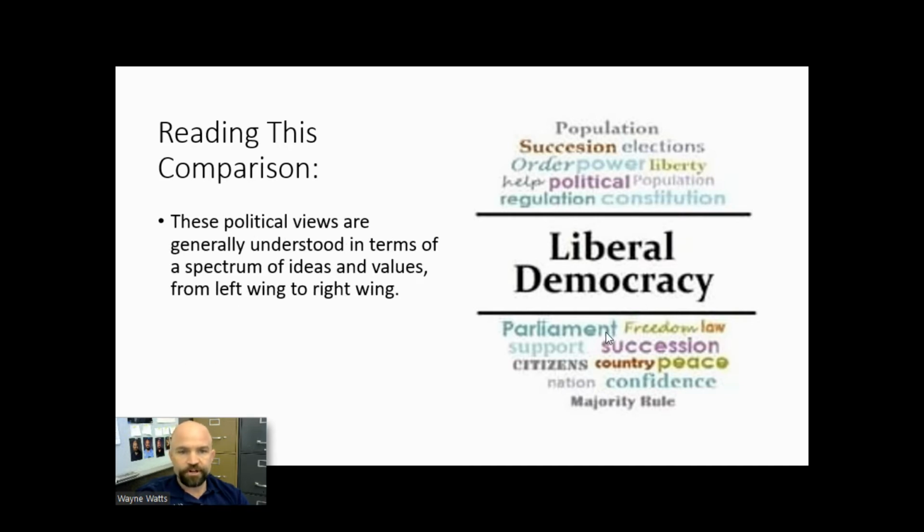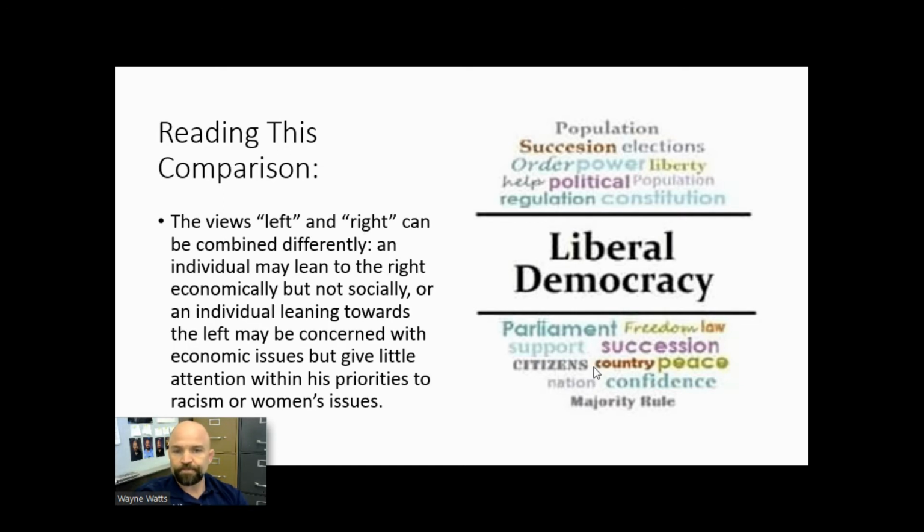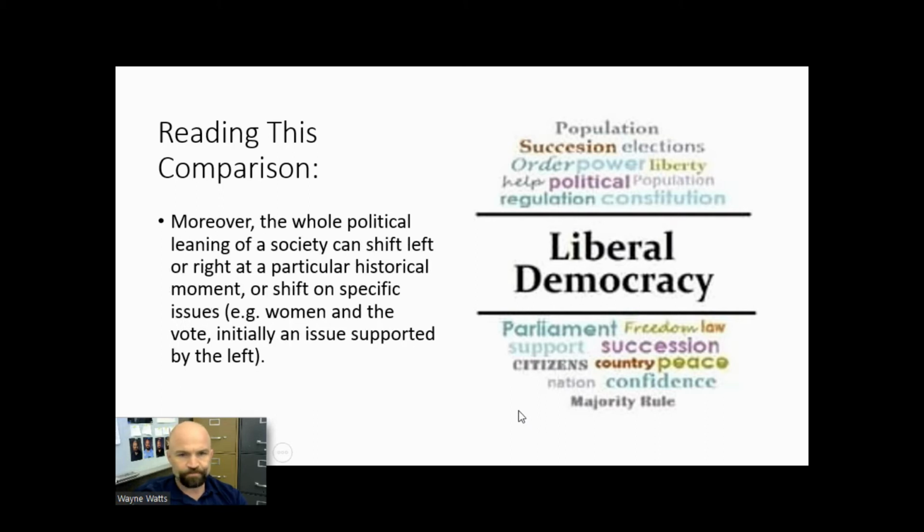These political views are generally understood in terms of a spectrum of ideas and values, from left wing to right wing. The views left and right can be combined differently. An individual may lean to the right economically, but not socially, or an individual leaning towards the left may be concerned with economic issues, but give little attention within his priorities to, say, racism or women's issues. Moreover, the whole political leaning of a society can shift left or right at a particular historical moment or shift